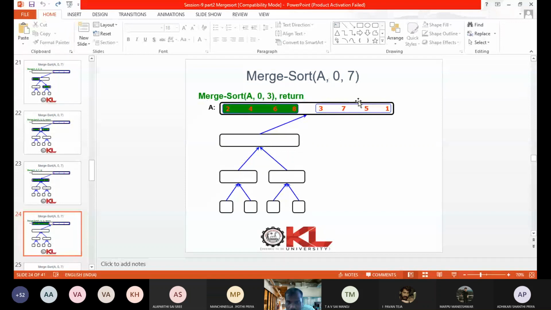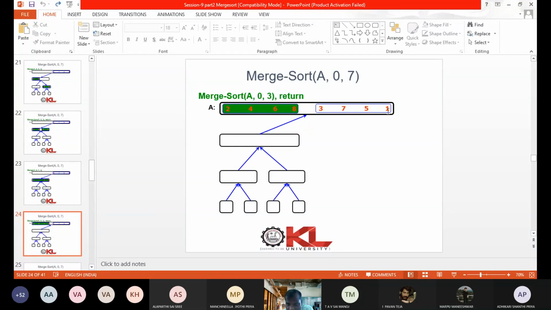Okay. So out of 8 elements, this is merge sort of 4, this is merge sort of 2, and this is merge sort of 1. So the division is done. The division is done till there is only one element in the list. Okay. I told you that in merge sort, the given list is divided into two equal parts, and that can be done recursively. Up to what point? Up to the condition where the list contains only one element.